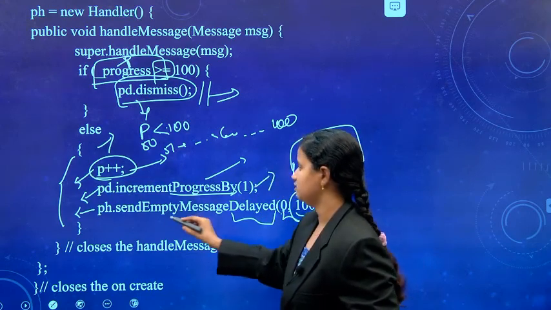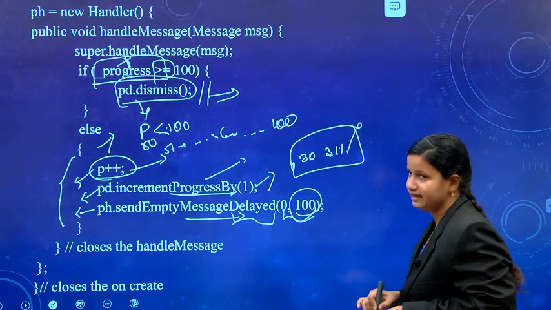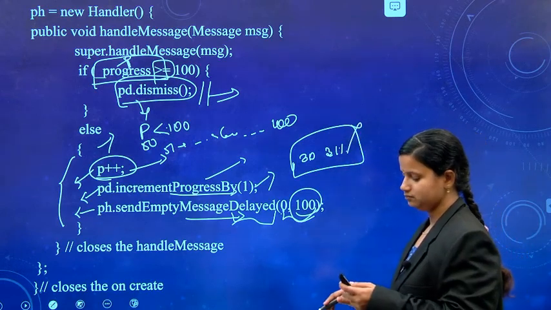And the next one is ph dot send empty message, which is to be delayed. That means the closing of this one is to be delayed for some time. And the next one is,